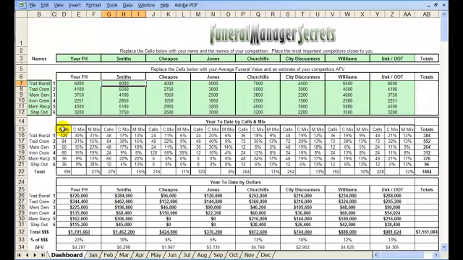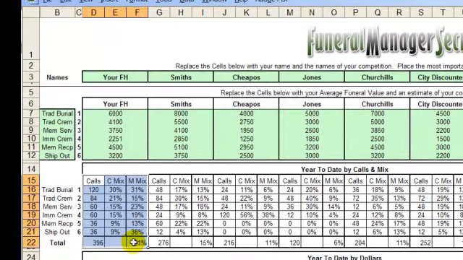Now, what is really important is after a while, when you start filling in this information, you're going to learn some things about your funeral home that you may not have, as well as how you stand in the competition for your market share. So in this column here, we're looking at just our information, so for your own funeral home. And in this first column, we're just tracking calls. Calls are important to track, but it's not the only thing to track. So this firm here did 396 calls,